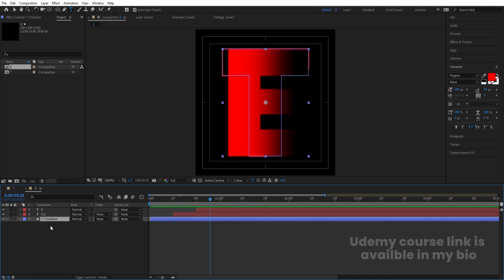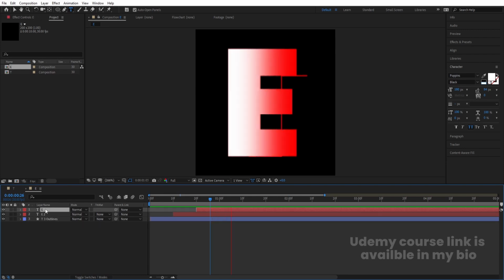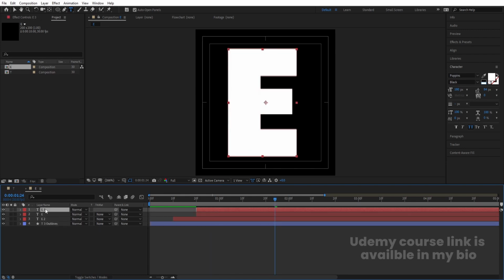And now we need to change the stroke also. So how to change stroke, let's see. We will copy this trim path first over here. As you guys can see, we have this T over here, so we don't need that. So we will copy the trim path and then we will select this uppermost layer, hit Ctrl D, hit U,